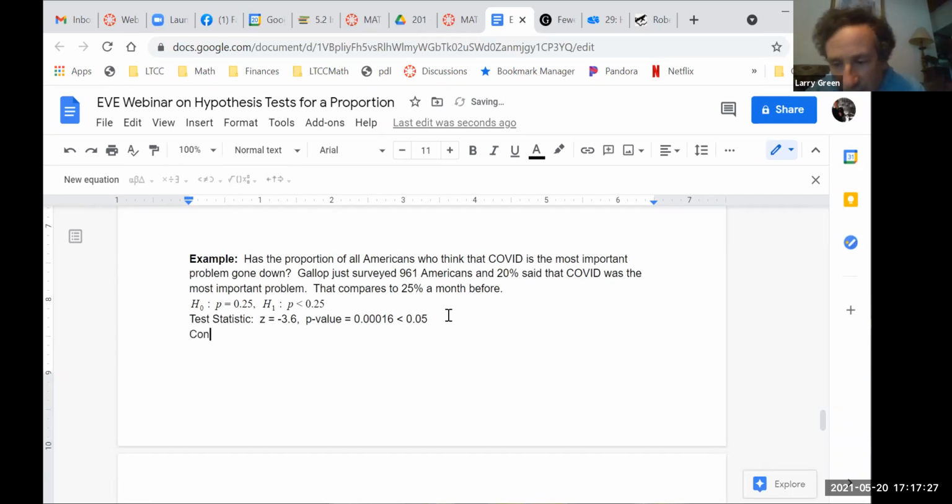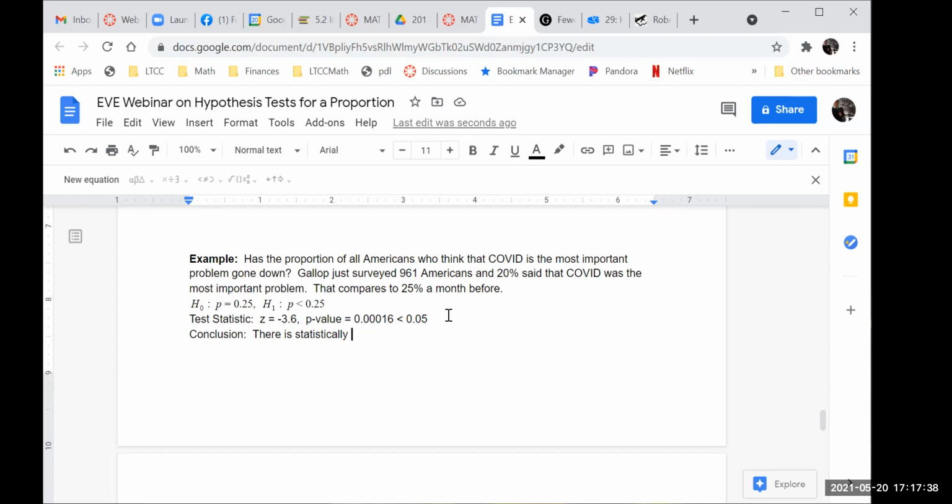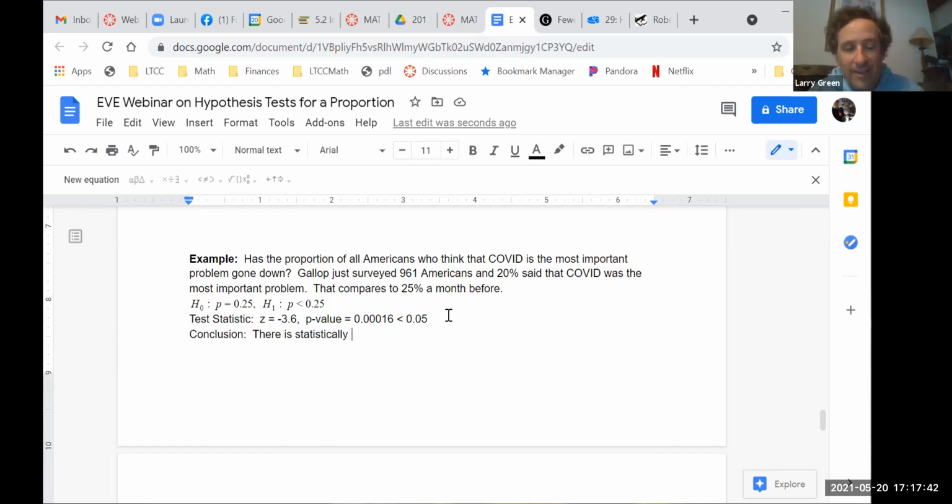So the conclusion is there is statistically, is it significant or insignificant? Significant. Yep, significant because of a small p-value. You want small p's. If you go to a restaurant and they give you peas as a side dish, you don't want giant peas. That'd be disgusting. You want small peas. Anything to help you remember. That's my feeling. So there is statistically significant evidence